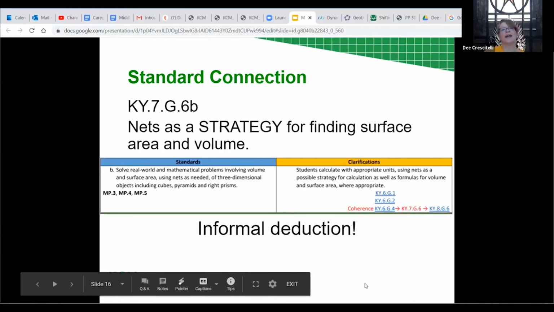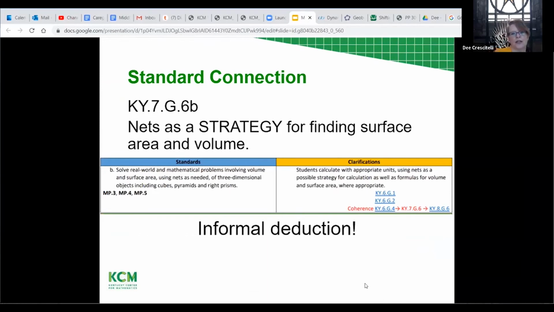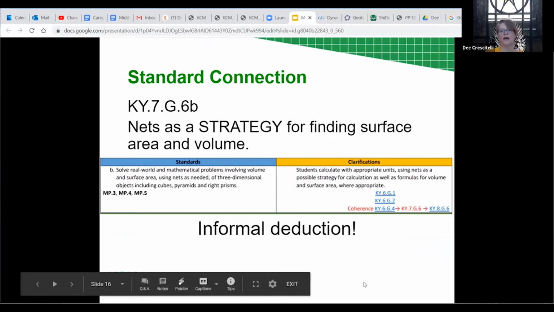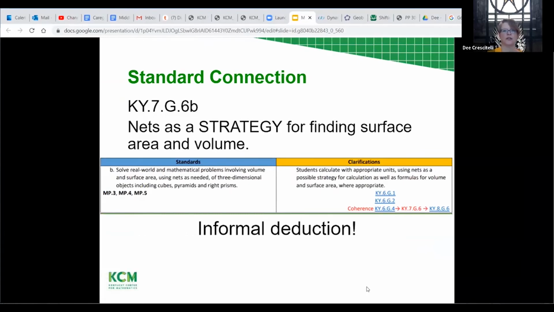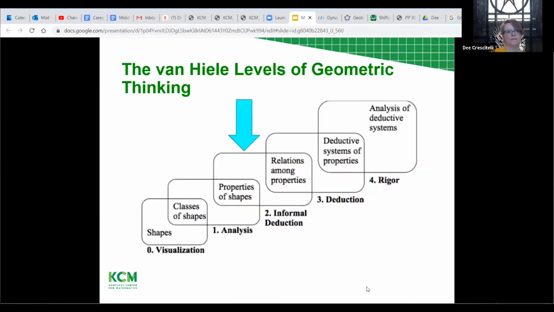So nets are a strategy for finding surface area and volume. It is spending time building it, seeing how it works, seeing how the shape fits together, thinking about it in terms of what a 3D shape looks like spread out as a 2D object. Students need experiences doing that because it's going to help them with this whole idea of informal induction, because